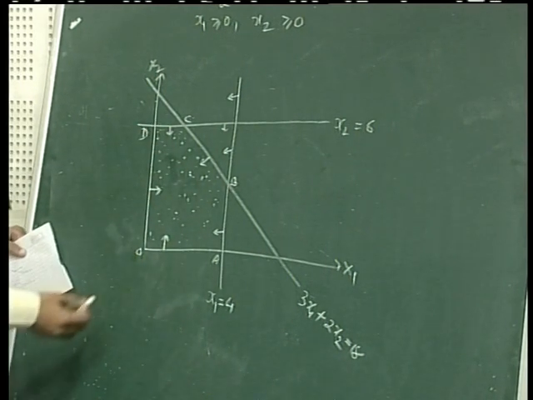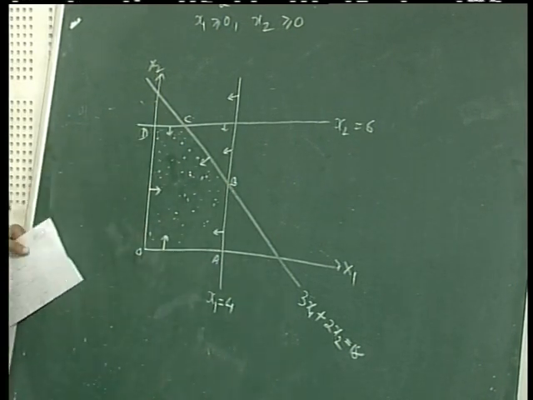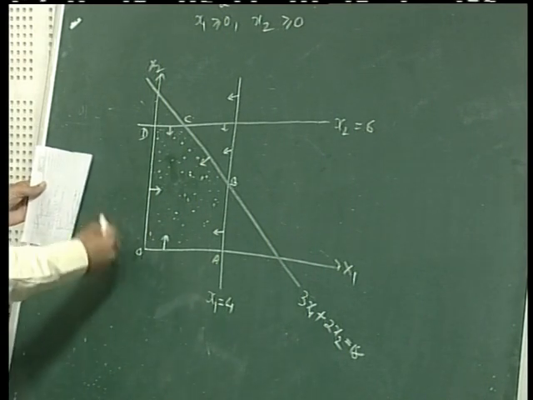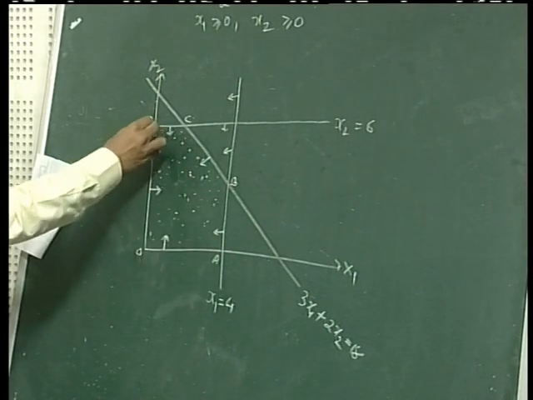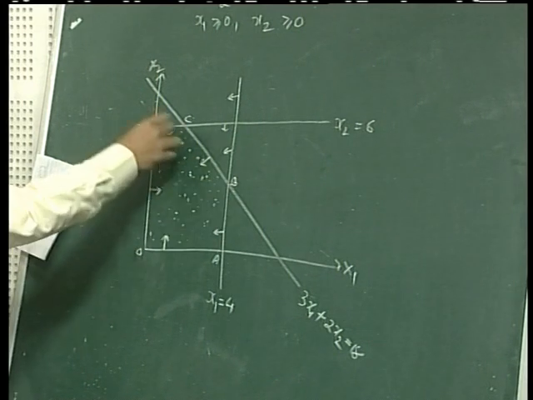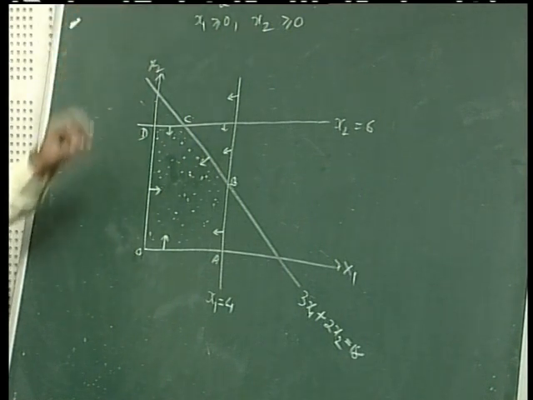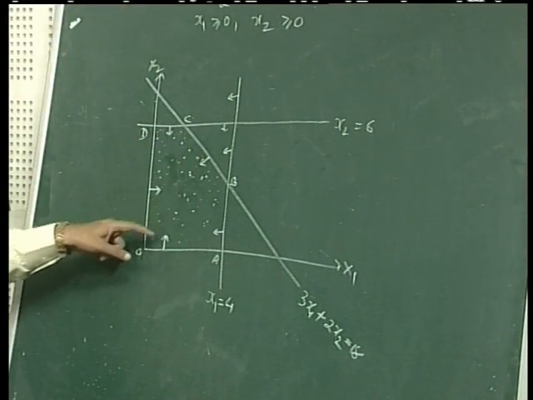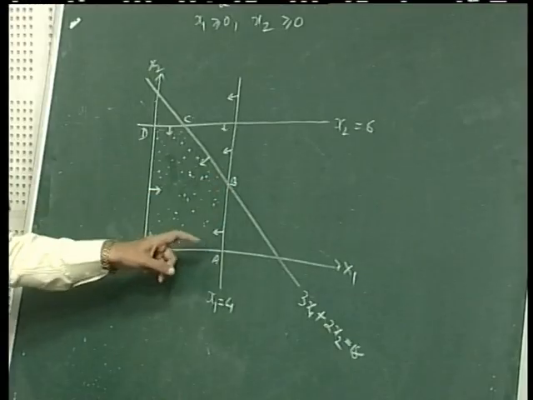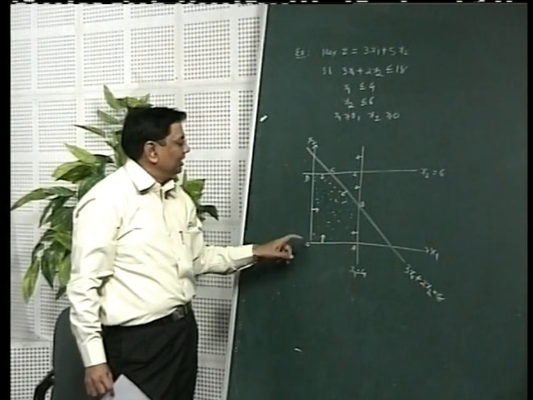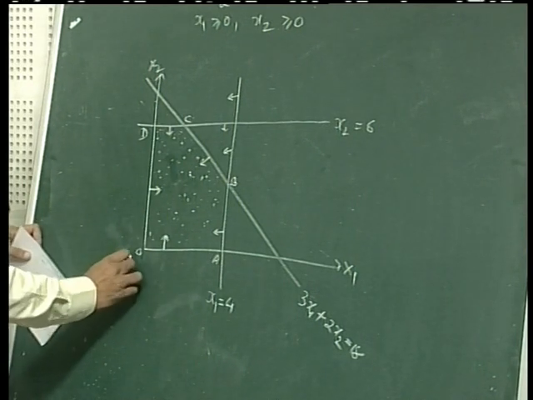Now it is also proved that the vertices of this feasible region, if bounded, will be countable, and it is also proved that the optimum solution of this problem is going to hit somewhere on one or more than one of the vertices. So as such, if somebody has to look for the optimum solution, there are infinitely many choices available. But theoretically it has been established that one can check these vertices, the extreme points O, A, B, C, D.